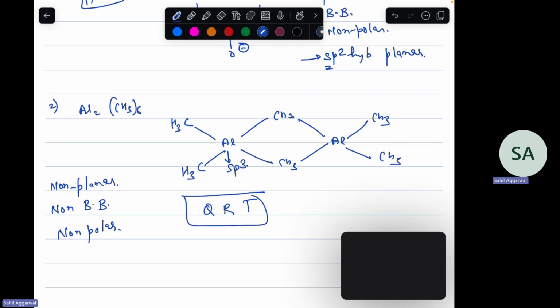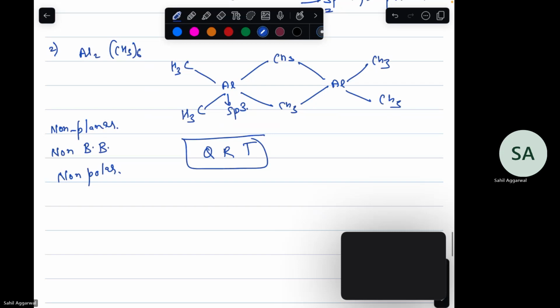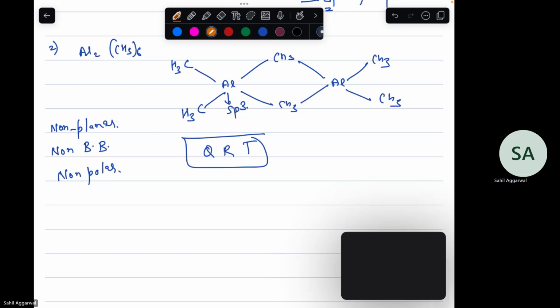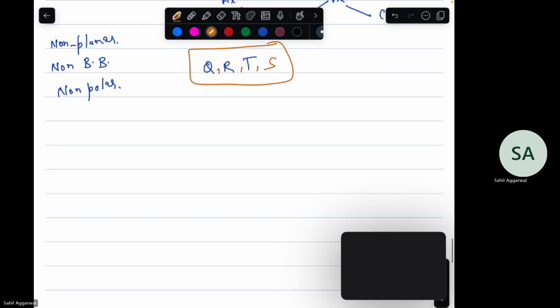बैक बॉन्डिंग इसमें नहीं हो पाएगी because we do not have the donor. We do have acceptor but donor नहीं है। अच्छा, बैक बॉन्डिंग और ब्रिज बॉन्डिंग बोला। यस, ब्रिज बॉन्डिंग इज देयर। तो ये Q भी आ जाएगा, QRST। ब्रिज बॉन्डिंग इज पॉसिबल, इसलिए QRST हो जाएगा।